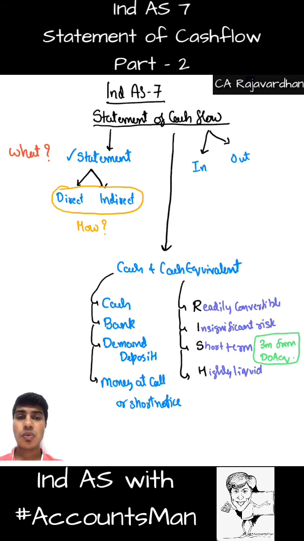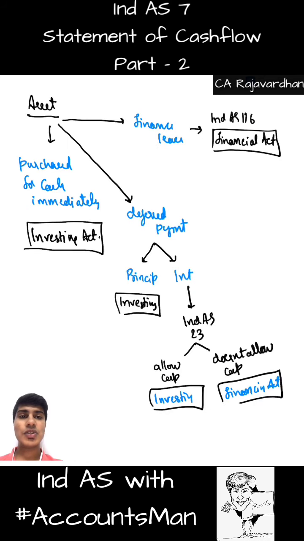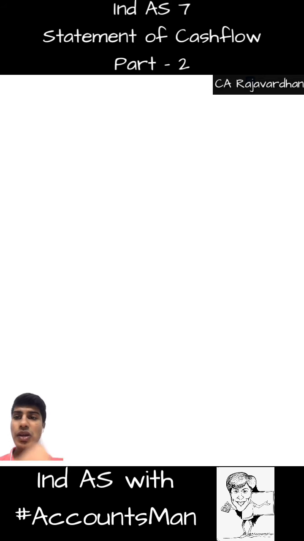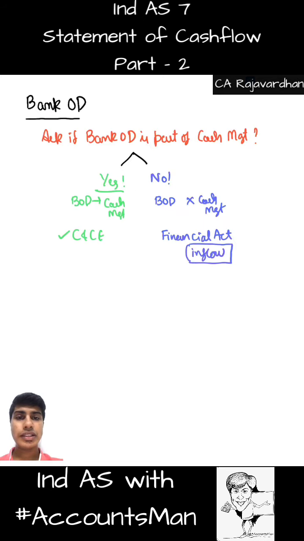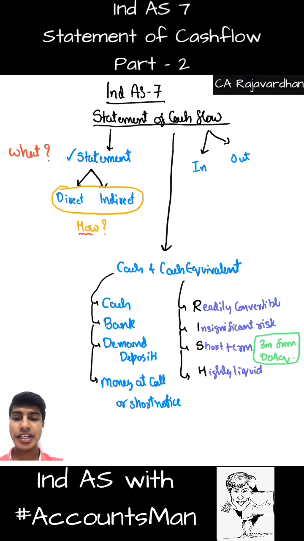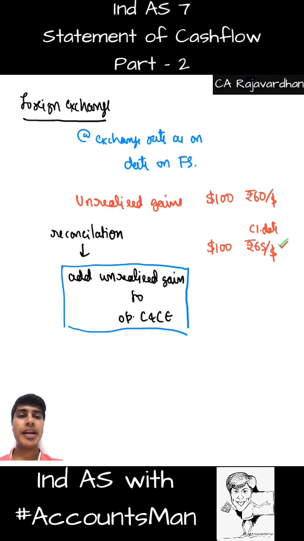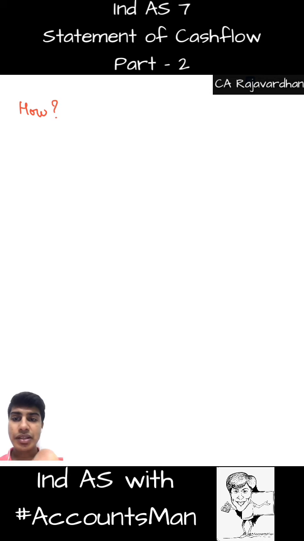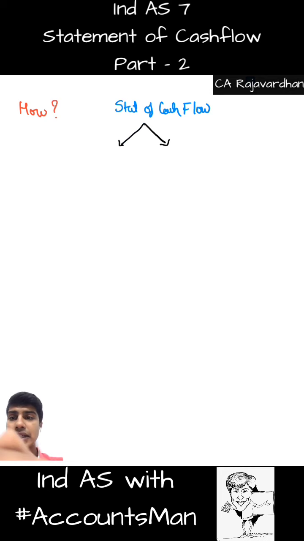Next, we discussed what, we discussed why. Then the next question that we need to discuss is when and how. So let us firstly discuss how, because when is a very simple question. How exactly do we prepare this cash flow statement? I told you previously also that how will be discussed a little later, so I had mentioned it here. The statement of cash flow can basically be prepared under two methods, that is direct method and indirect method.